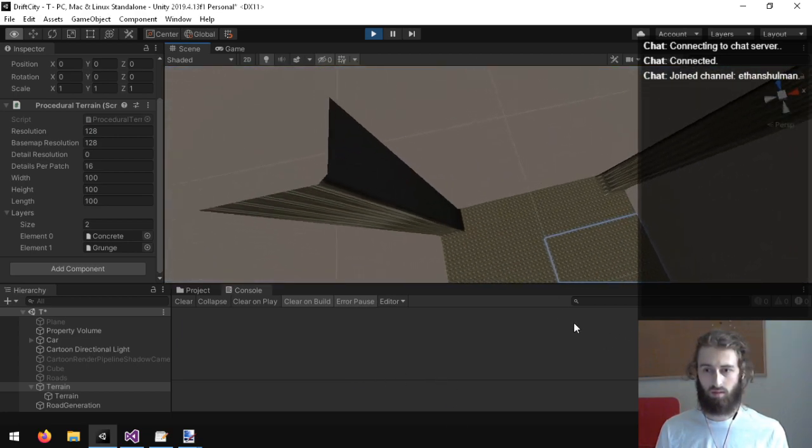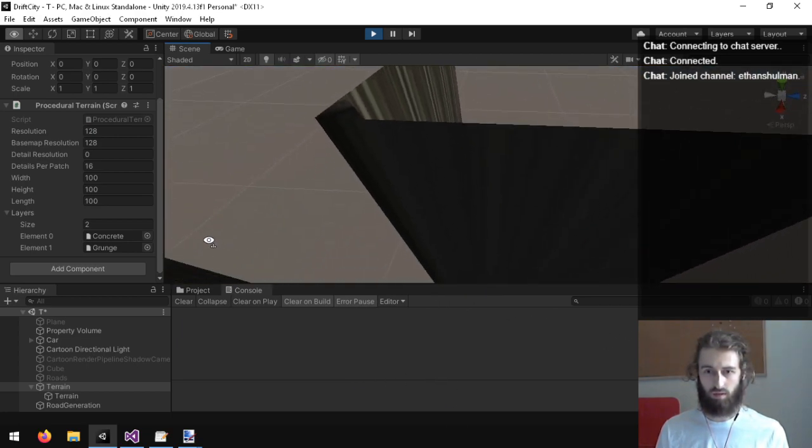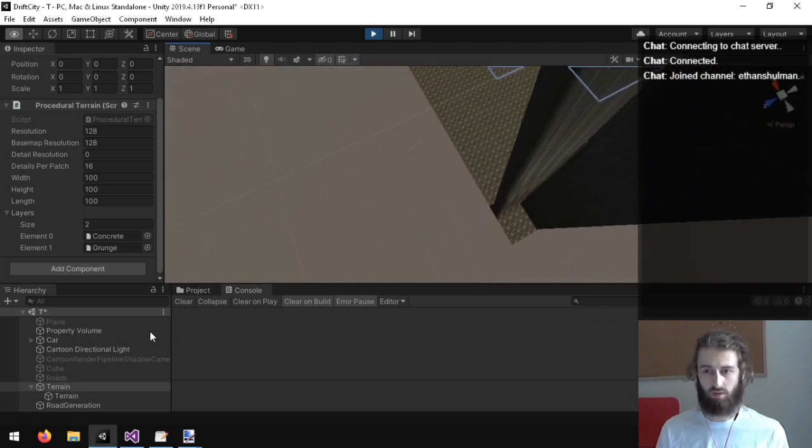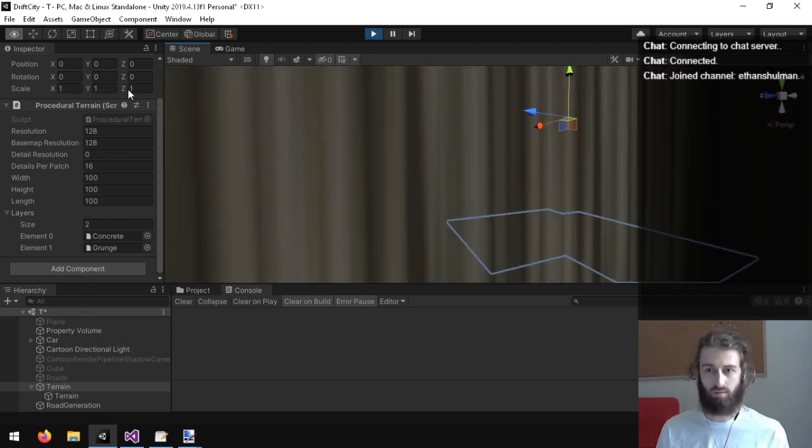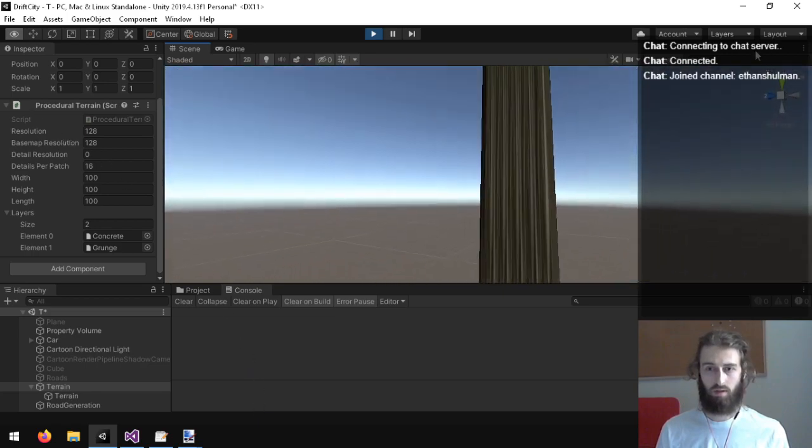Is it interpolating to the different textures? It doesn't look like it's doing the texture interpolation though. It's kind of hard to tell.